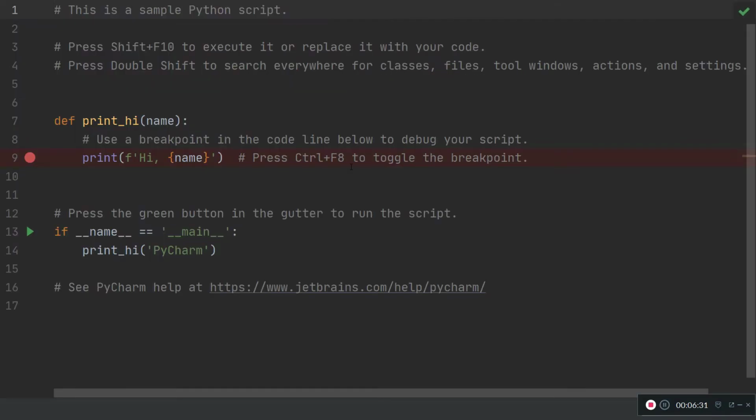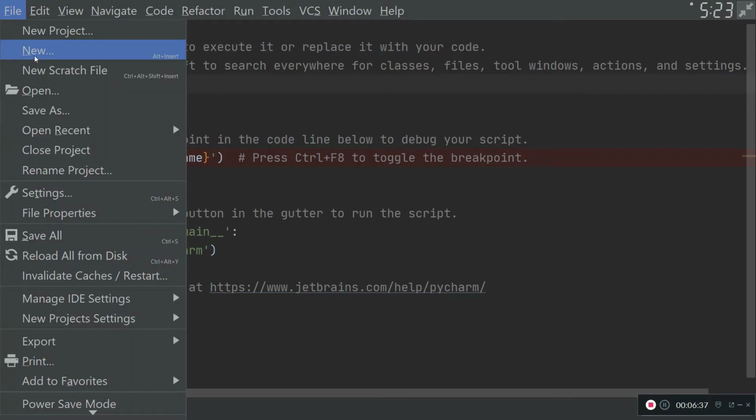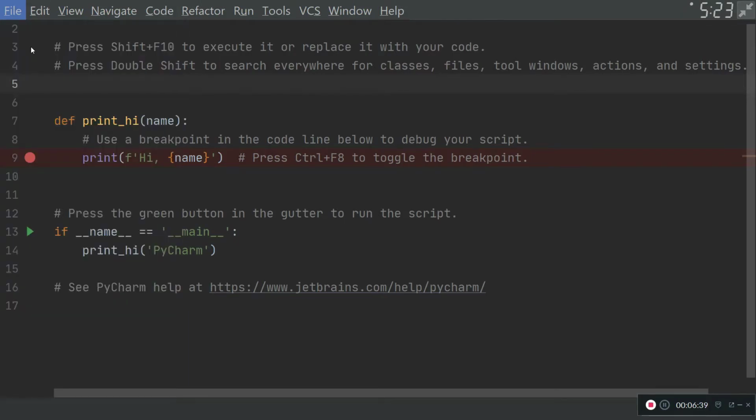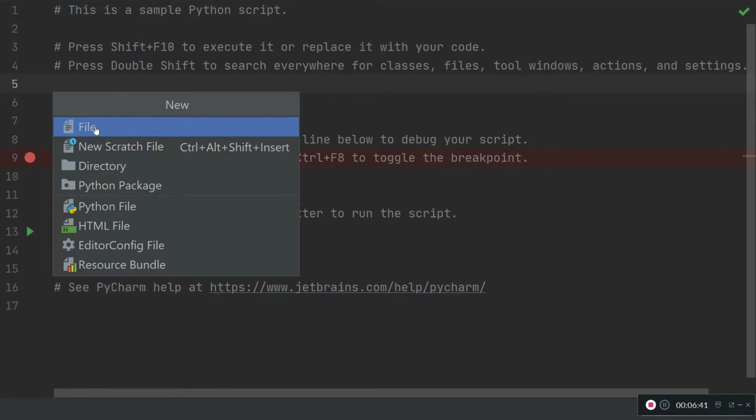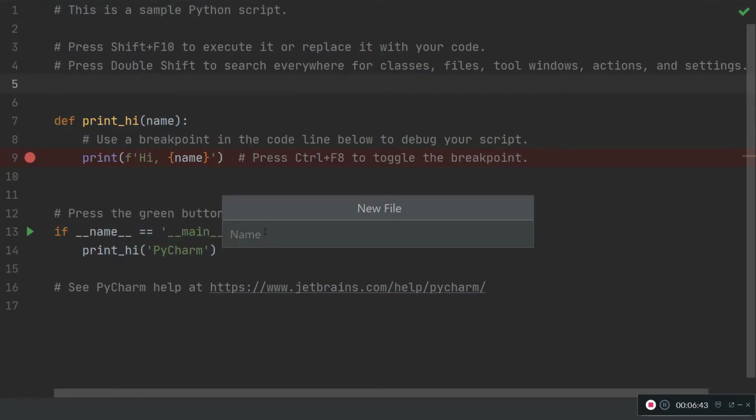I am in presentation mode for this, and here you can create your own file. New, and from this new file, the file name, let's say hello world.py.